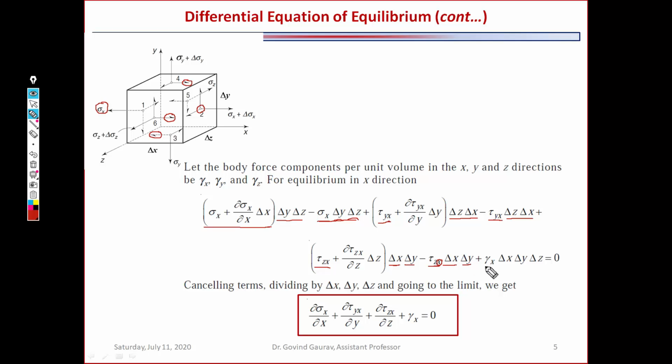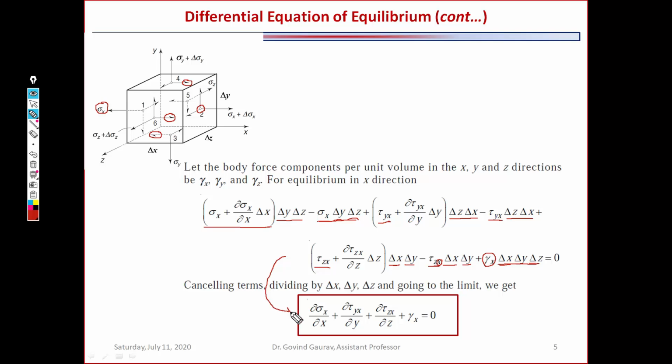The last term is the value of the body force. As the body force is acting on the entire body, this value of the force would be multiplied by the elemental volume. The elemental volume would be delta x multiplied by delta y multiplied by delta z. All these values will sum up to 0 because this body is in equilibrium. If we cancel all the terms, then we will reach a final equation, that is